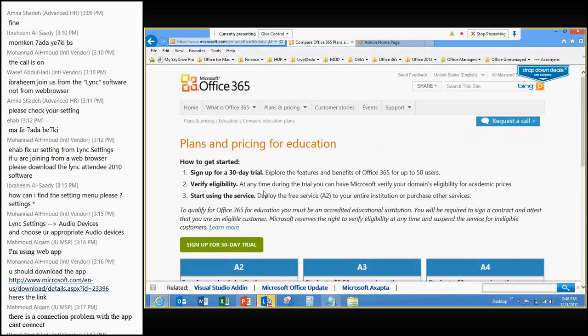It tells you that you can sign up for a 30-day trial, after which you can verify your eligibility. What they mean by verify eligibility, which I will walk you through now, is we need to make sure that you're a valid and eligible educational institution to be able to use our free academic plans. And the way we do that is,